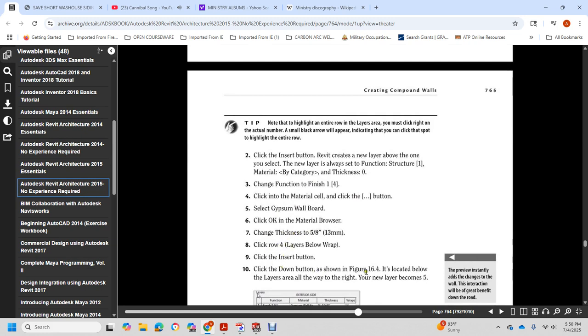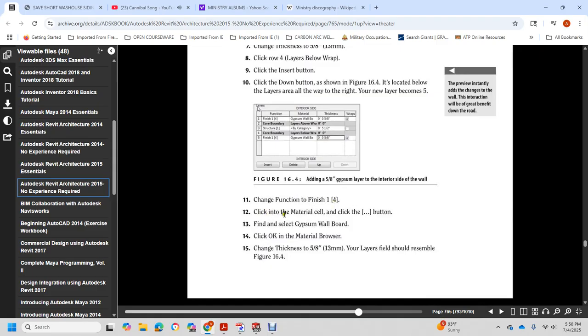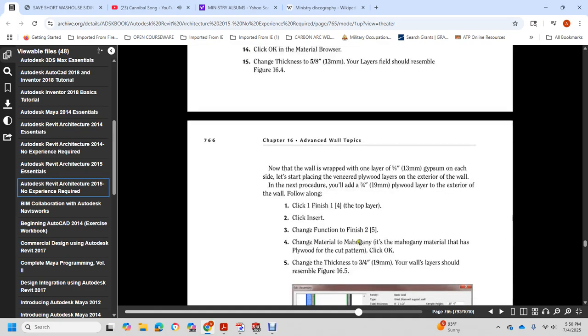insert button, down button, shown in figure 16.4, located below the layers all the way to the right of the new layer, becomes 5. Change the function to finish 1, click the material cell button, change the wall to find and select gypsum wallboard, click OK to material browser, change thickness to 5/8 of an inch, so the layers should resemble figure 16.4. Now that the wall is wrapped with one layer of 5/8 of an inch gypsum on each side, starting with the veneered plywood